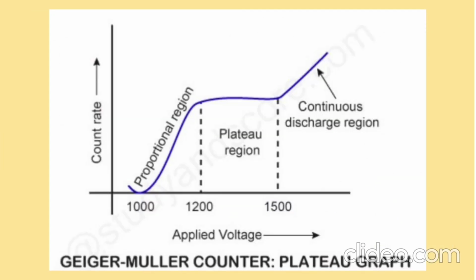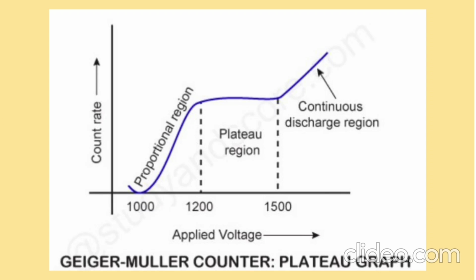Now, there is a threshold voltage below which the tube doesn't work. This can be several hundred volts. After this, the number of pulses is proportional to the voltage. This region is known as proportional region. If the applied voltage is increased further, then a point will be reached after which the count rate remains constant over a certain region. This region is known as plateau region or Geiger region, and this region is used for